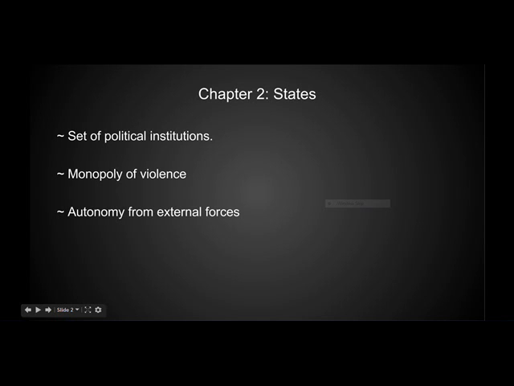When there is total anarchy, this is known as a failed state, and these are especially dangerous because they have modern infrastructure, but no modern government. A good example of this would be Somalia. Lastly, a state can be characterized by having the ability to act independently. They are not forced into doing actions by external forces. The UN and the EU are often criticized as infringing on the rights of states.